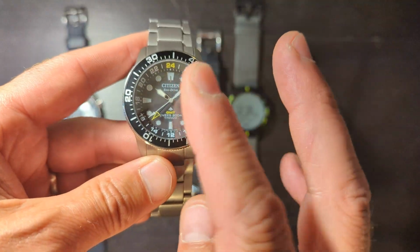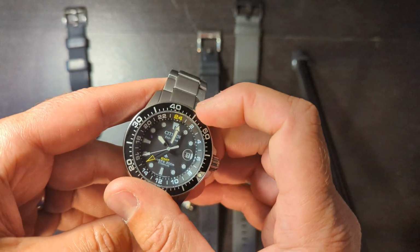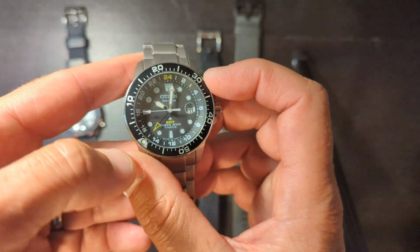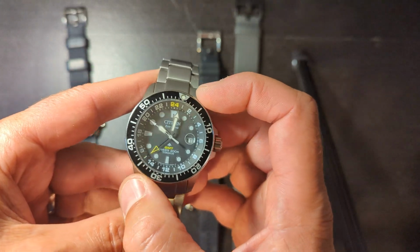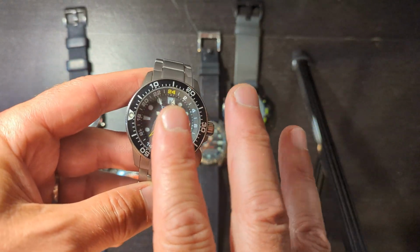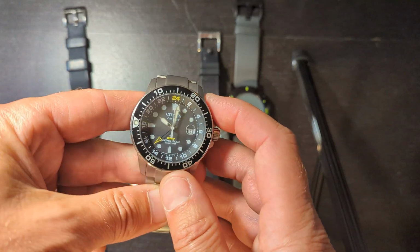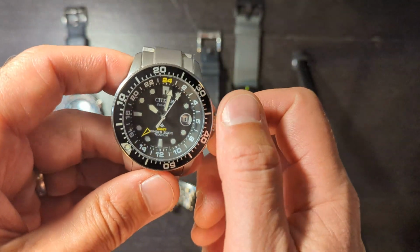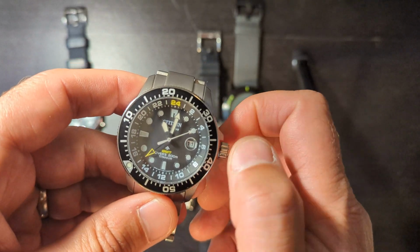So I bought this watch because I'm a frequent traveler and I use diving bezels very frequently, just to time different things and keep track of how much time has gone by, or if I'm doing something at a specific time. So I really was looking forward to having a Traveler GMT watch along with the dive bezel. And here's the main problem with this watch: it is a Traveler GMT, but the hour hand